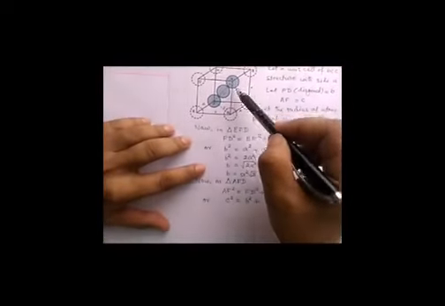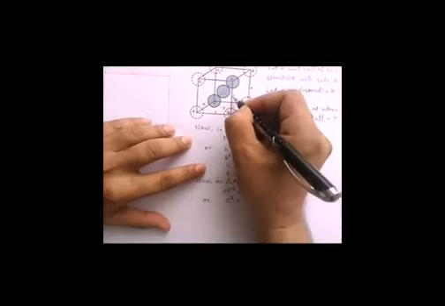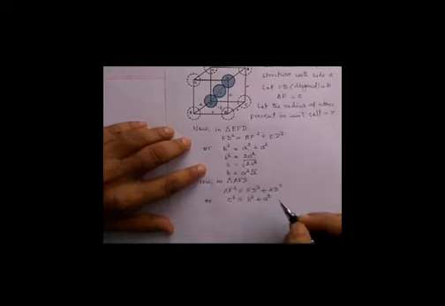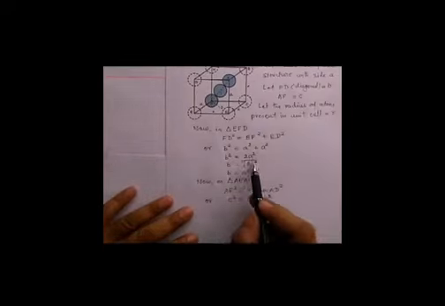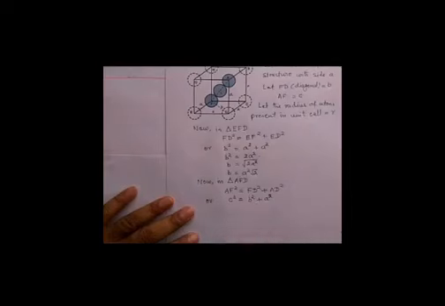AD, where is AD? This is AD. You know, B square is equal to 2A square. This value can be placed here, so this can be rewritten as